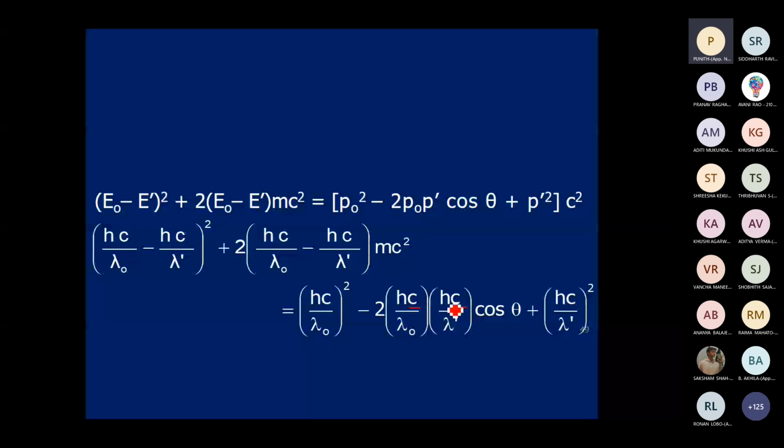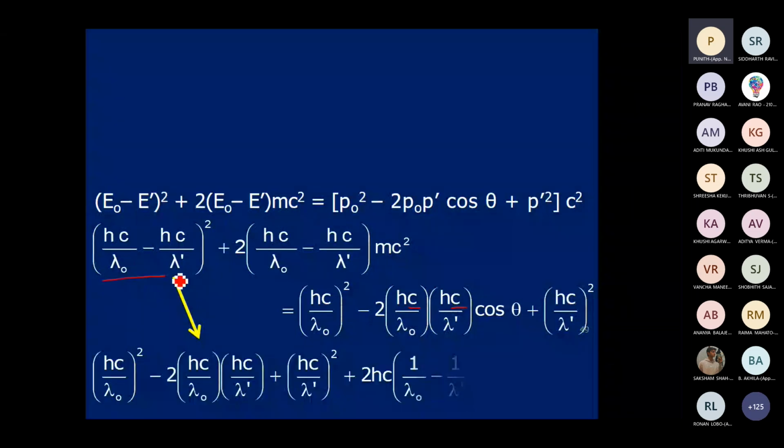Now if you want to find the Compton shift equation, you have to look for the common terms. The ones marked in red get cancelled, and similarly the green ones also get cancelled, on the left side and right side. So these are the common terms. This term will get cancelled with this term, and similarly this term will get cancelled with the term on the left side. What is common here is 2hc.